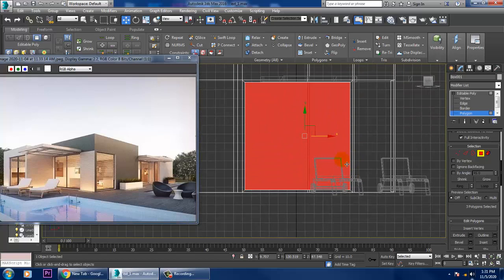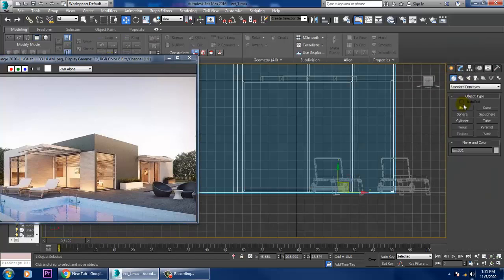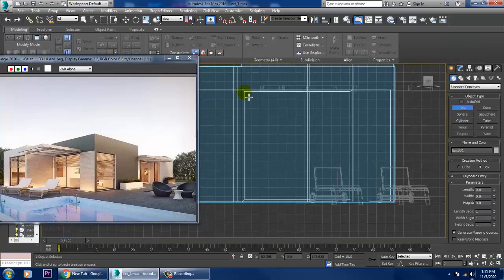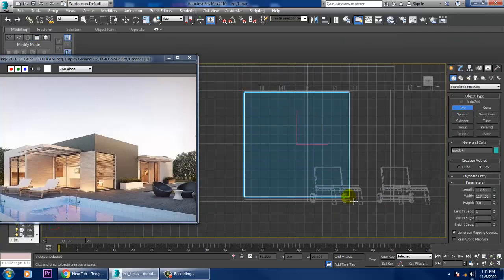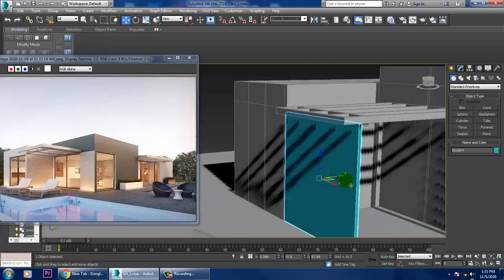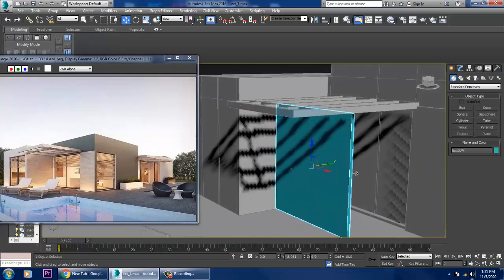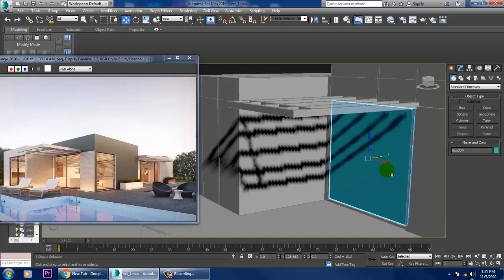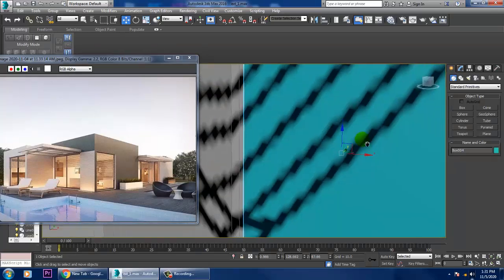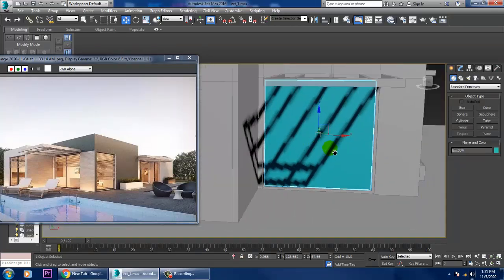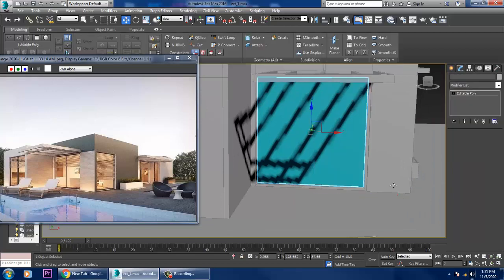After this, we'll take a box over here. Let's just take a box. After taking a box over here, let's just push this box over here and convert to editable poly.